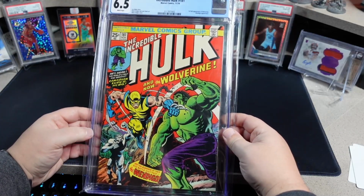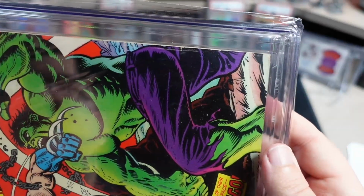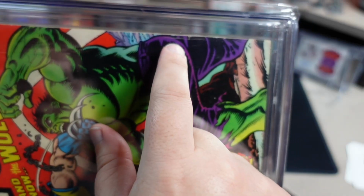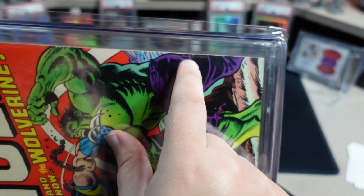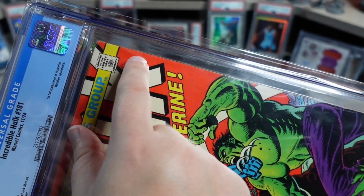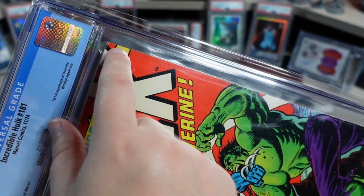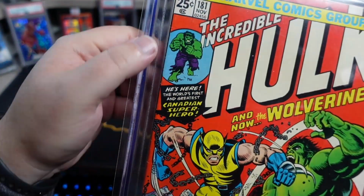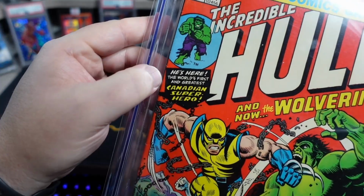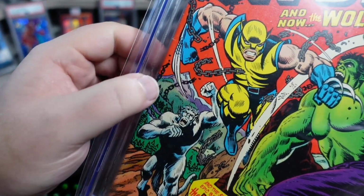And I'm no comic book grader. The only big knock on this is there is some color break there, you could see. And there's a little crease there, but it doesn't really color break, or if it does, you can't notice it. You know, a little bit of a mark there. It's got some spine ticks, sure, which you'd 100% expect on a 6.5. You can see it right there, a little color break spine tick,